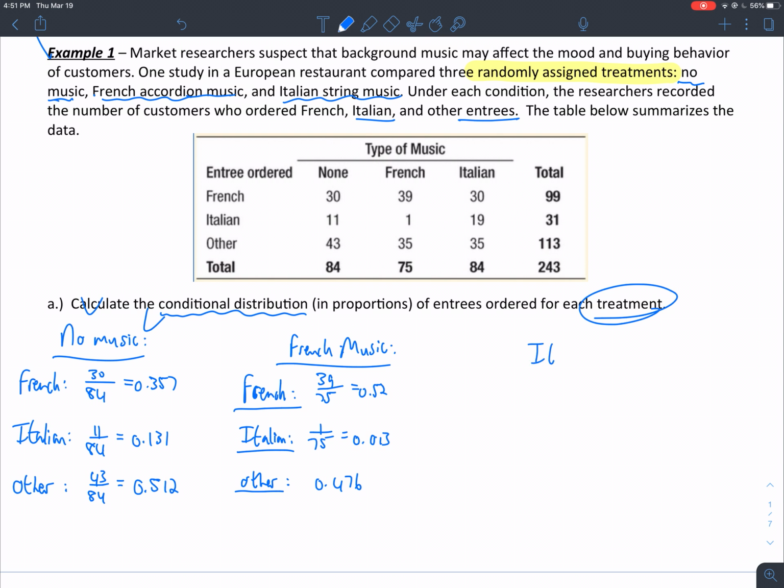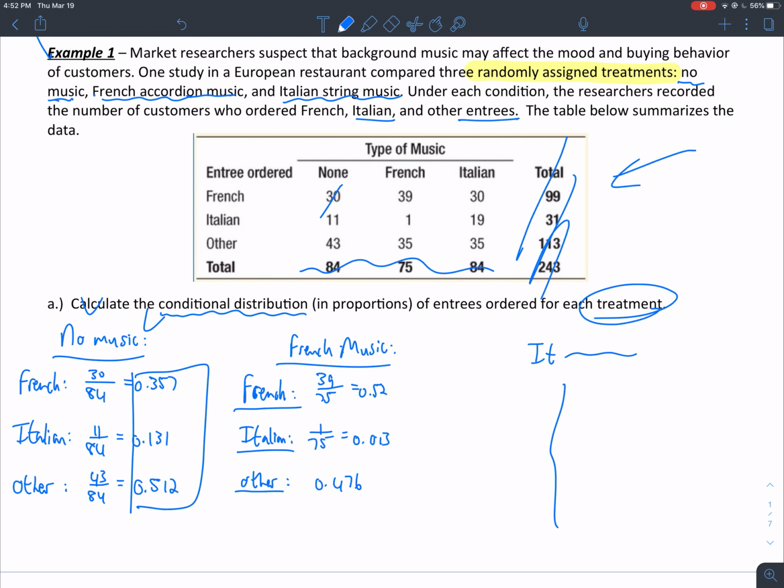And so Italian, I'll let you do that one by yourself. Okay? So these are conditional distributions. So all you really have to write down is this. All right, those are your conditional distributions. And actually, you can also just list them as a table. So this is the work you would do, but you could also just write this exact table, except you can leave these columns out, and then you can just literally list